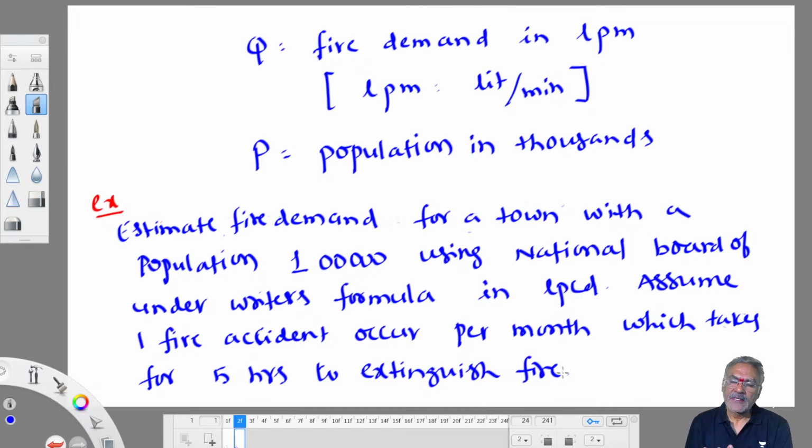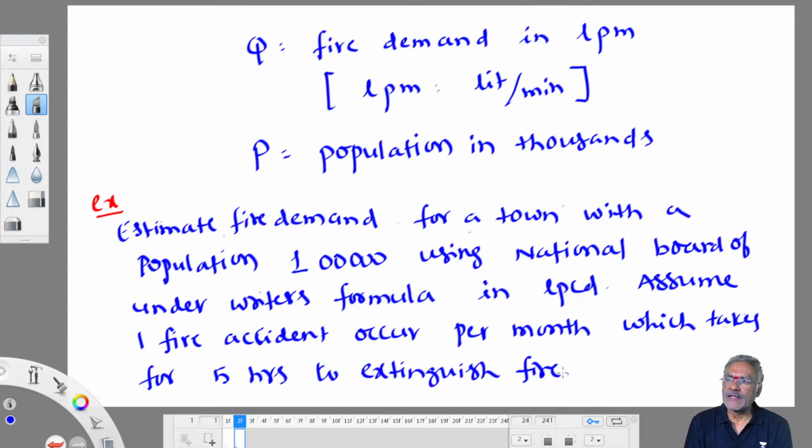And that too the water is applied with very high pressure, at a pressure of 10 to 15 meters head of water. So if you draw that water from the water supply system at that rate, for that time period, with that pressure, all of the water is being used only to put out the fire. No water left in the system to meet other demands, then it is a bad system, isn't it?